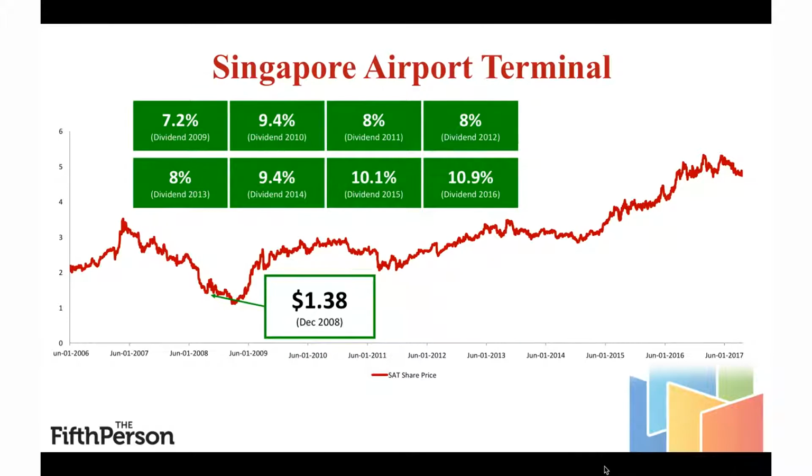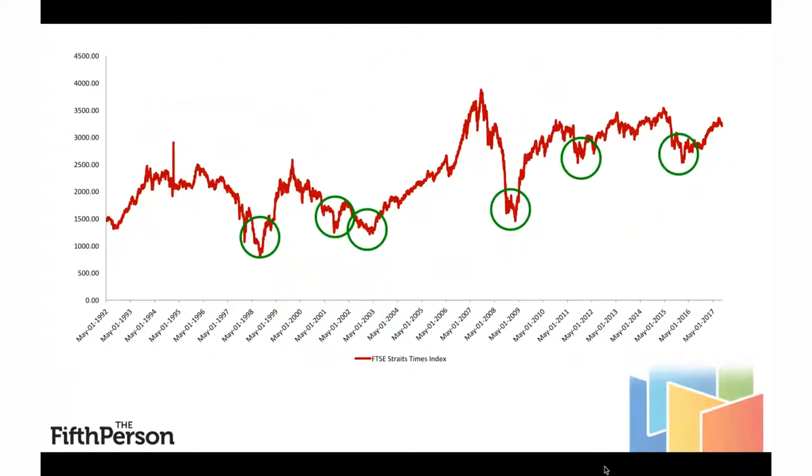Next, probably some of you say, Victor, I do not have enough time, and I really don't know what to buy. I don't have the knowledge to invest in stocks. What can I do? So the next thing you can do is you can invest in the index. If you look at this, which is the STI index, you can see every time the index dipped more than 20%, you buy. All these green circles are the instances where the index dipped, and that's where you can buy